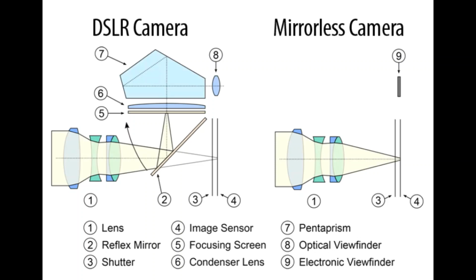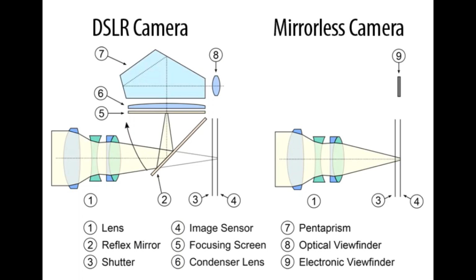Now, as far as how a mirrorless camera works, we will again divide it into three different parts. The first part, we will talk about how you are able to see the preview through your electronic viewfinder, second we will see how your image sensor captures the image, and as the third part we will talk about the contrast detection autofocus which is available in mirrorless cameras.